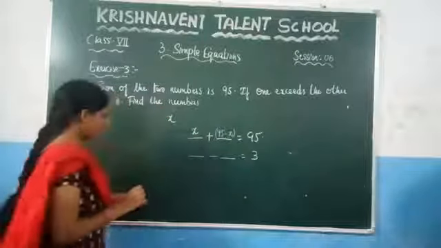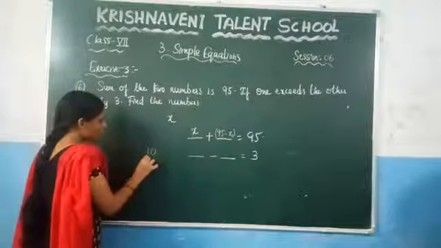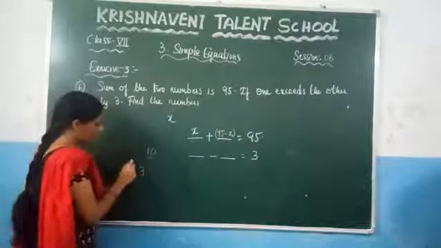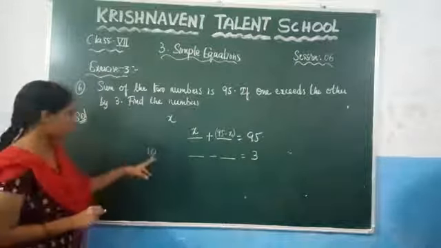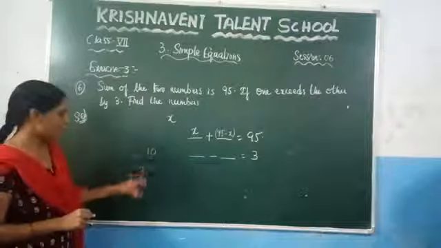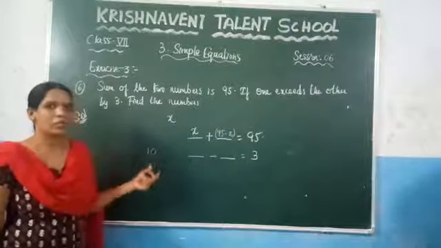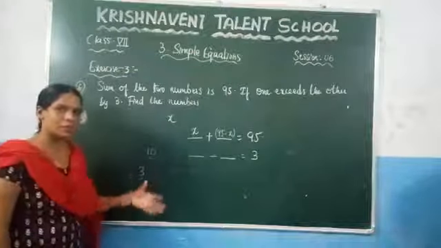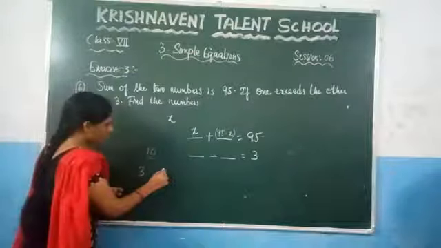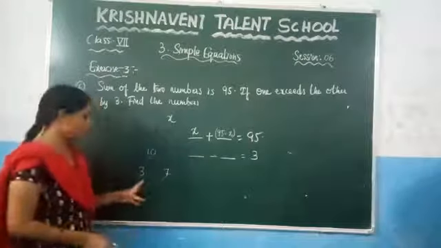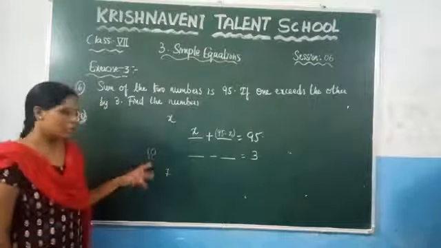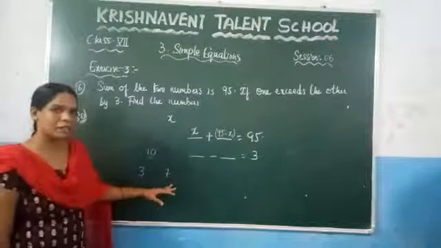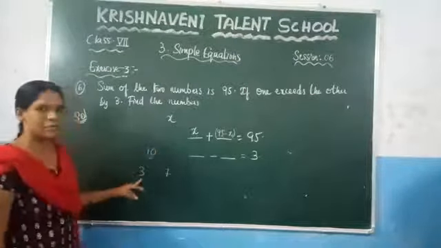Because let us consider the sum of two numbers as 10, and consider the first number as 3. What should be the other number? You need to subtract these two, right? I am saying here the sum of the two numbers is 10. Among that, one number is 3. What should be the other number? You can clearly observe that the other number is 7, because if you add 3 plus 7, you are getting 10. If you are taking one number as 3, to get the other number we are subtracting these two numbers, 10 minus 3.